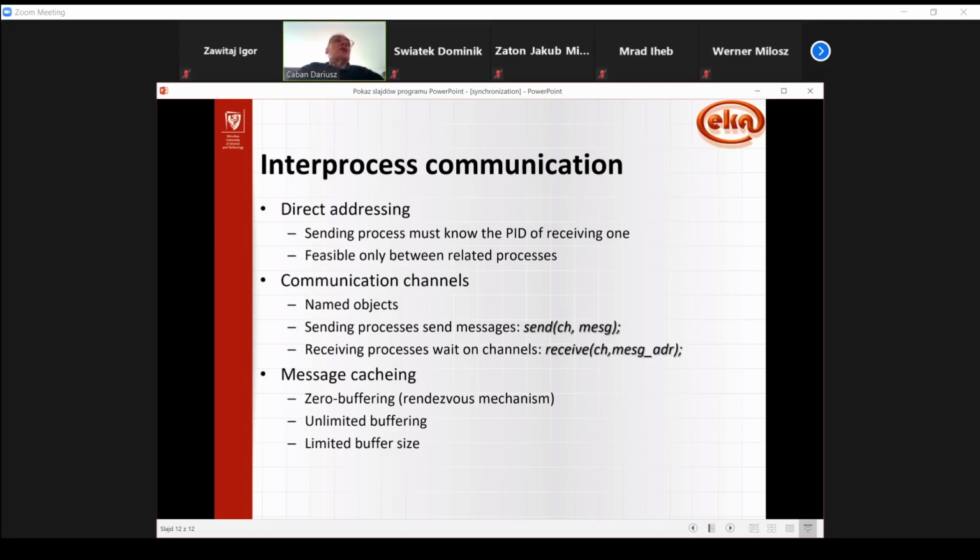Of course, if you don't have a synchronization mechanism handy, but you have a communication mechanism, you can use it for synchronization,